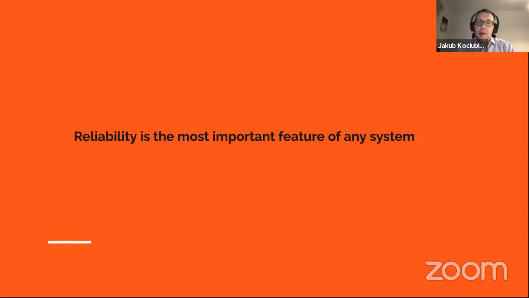It doesn't mean that the system can fail whenever it wants, but most users are really able to accept a lot of outages, or a lot of problems, until it affects them in a way that they cannot get the value that they want. So the value is actually the most important thing, the value for the user, for the customer.